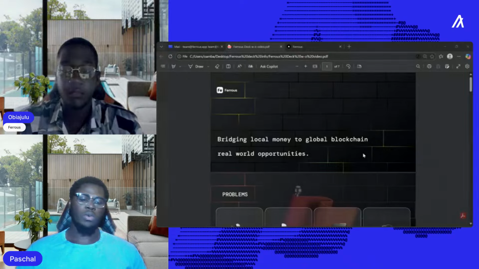We simplify the experience for them and make it easy for them to access global blockchain opportunities like tokenized real estate, yield farming, stable assets yields through their local money. We abstract the hassle of understanding and knowing the complexity surrounding blockchain. So far, we've still been building, and